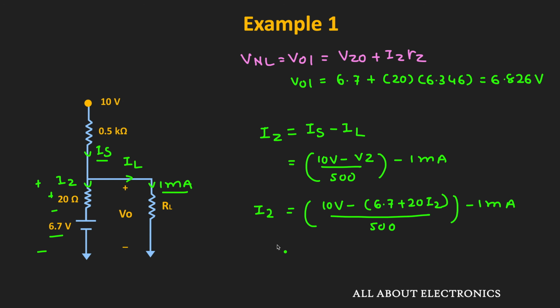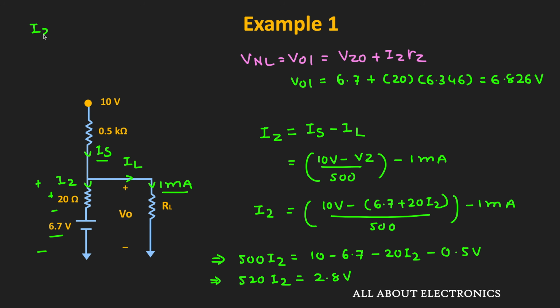If we further simplify it, we can write it as 500 times Iz is equal to 10 minus 6.7 minus 20 times Iz minus 0.5 volt, because when 500 ohm gets multiplied by 1 milliampere, we get 0.5 volt. Further simplifying, we have 520 times Iz is equal to 2.8 volt. Or we can say that Iz is equal to 2.8 volt divided by 520 ohm, and that is equal to